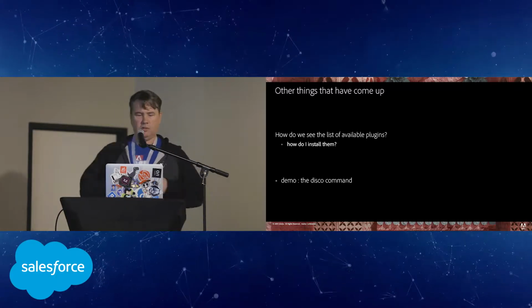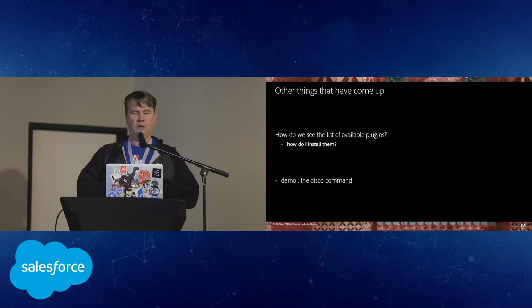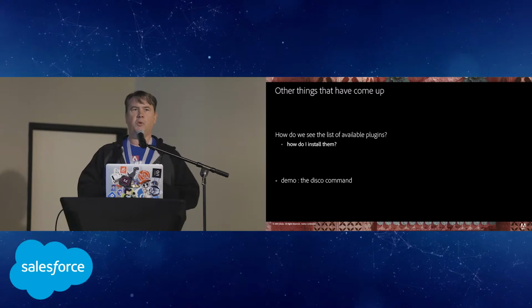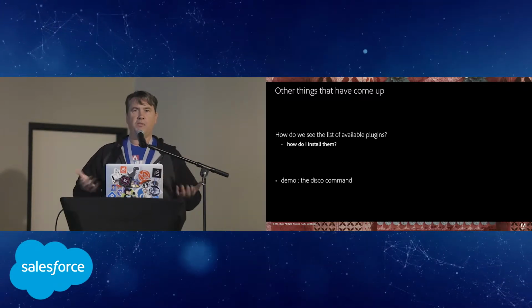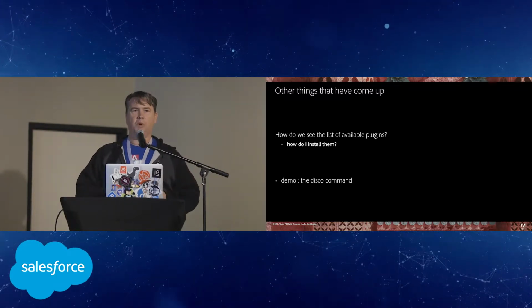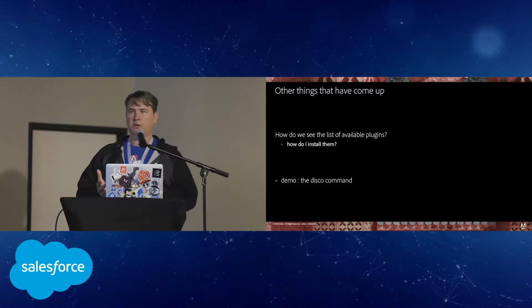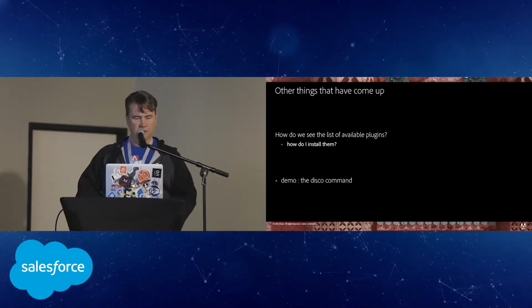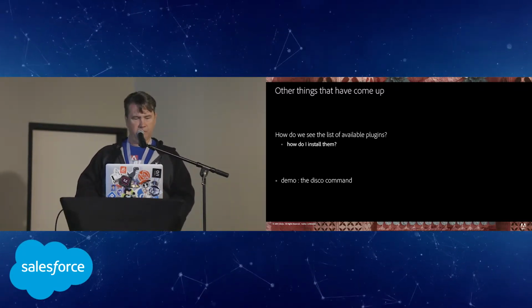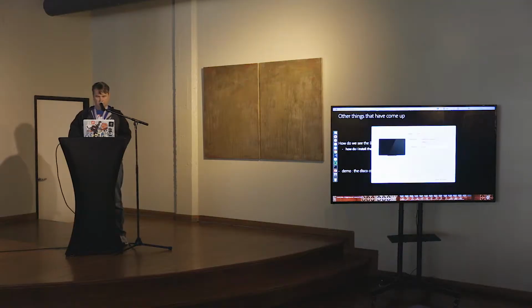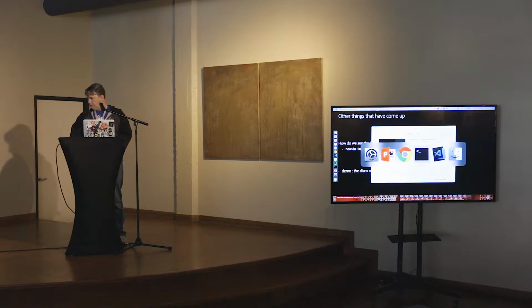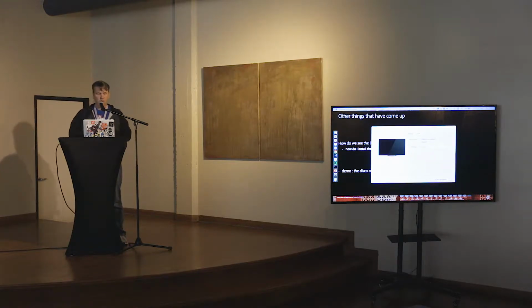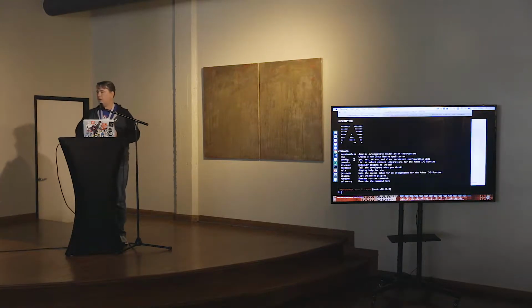So some other things that come up. How do we see what plugins are available? This is a big one. We don't have a ton of plugins right now, but we do, and some people would like to know what they're missing. So I do have what I call the disco command. Okay, here is the